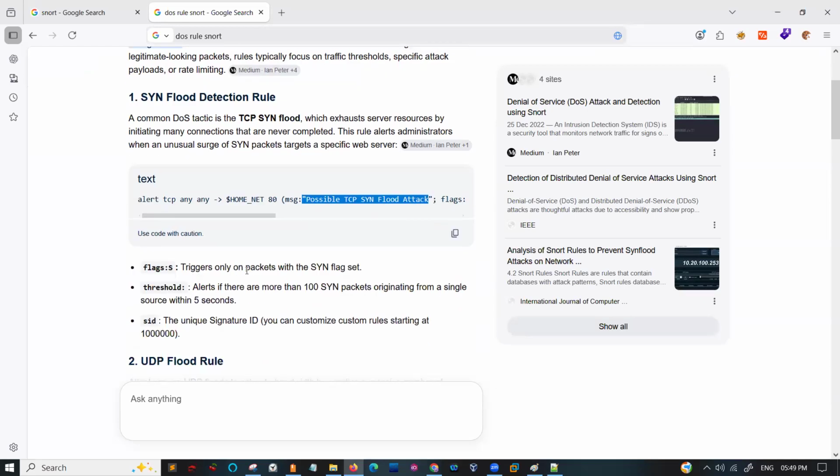So here for flags, it triggers only on packets with the SYN flag set. Why? Because we set the flag as SYN. And threshold means more than 100 SYN packets originating from a single source within 5 seconds, which we consider as the threshold type. And SID is nothing but a unique signature ID. To this rule, I'm assigning a unique signature ID, and you can mention anything here. Same like that, this is a rule for detecting the